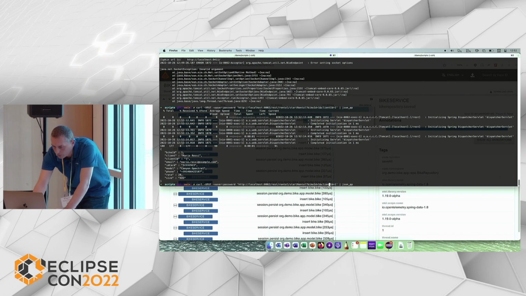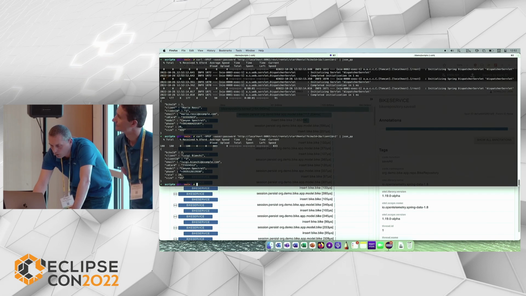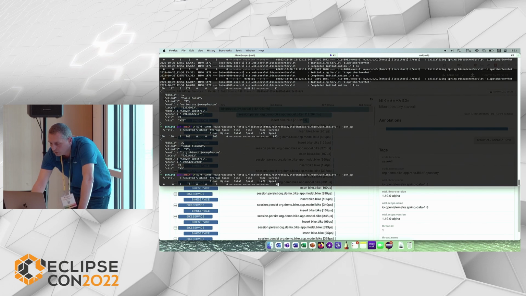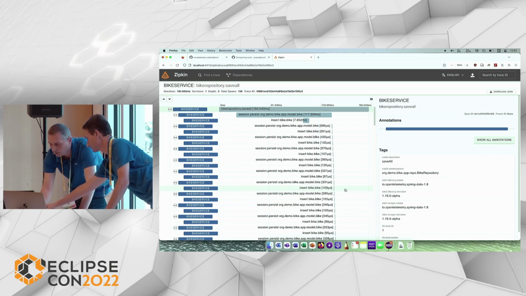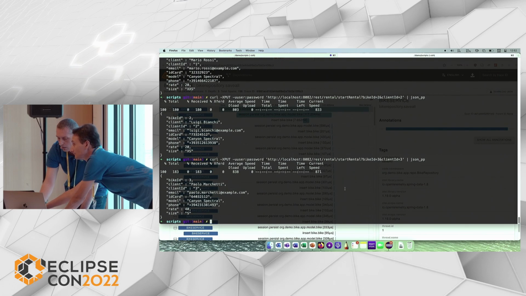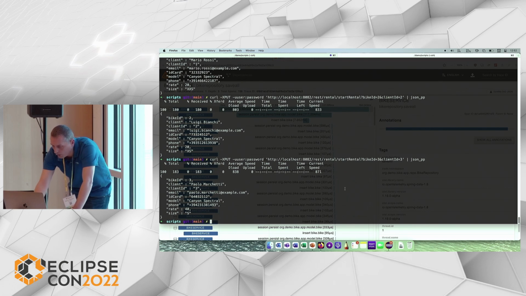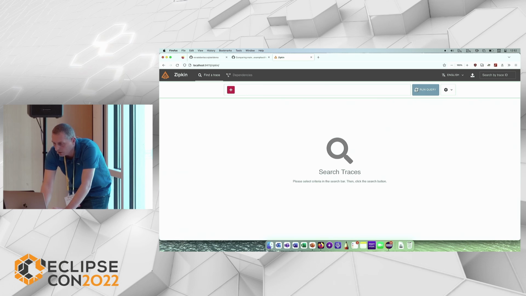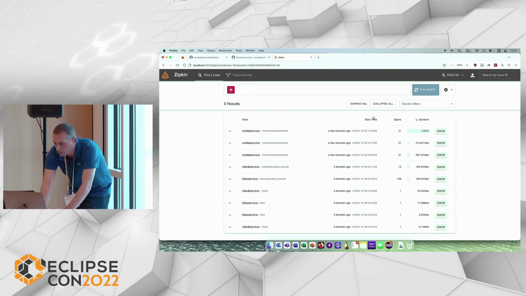Now I'm telling it to rent bike 1, and it is rented by client 1, bike 3 to client 3, and so on. Now go back to Zipkin, run another query, ordering by start time, and we can see